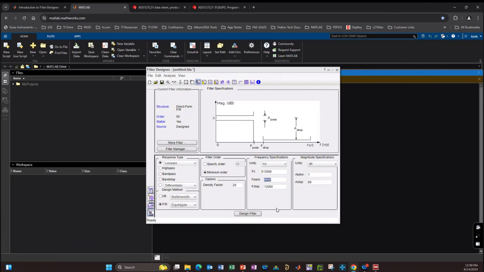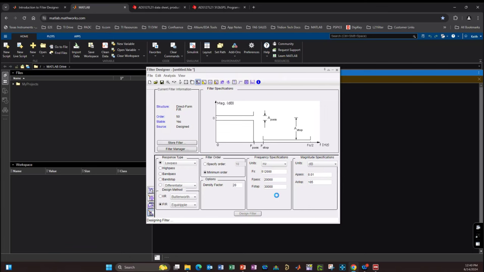Now for the filter, we want a 20 kilohertz bandwidth, so we'll enter it in hertz here, 20,000. And just as an example, I will enter a stop band at 30,000. For the pass band, we really don't want much ripple, so I'm going to enter a 0.01 dB. And before I'd mentioned the goal was more than 100 dB of attenuation, so I'll just put in a little higher at 105. Now that's it. I've entered all of the data that I need to enter, and I'm ready to click the design filter.